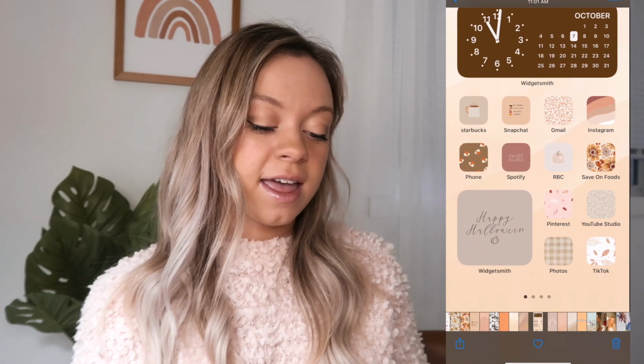So moving on into my photos, here's all of the ones that I used, and then here's a whole bunch of the other photos that I've used. That's what it looked like before, and then I kind of just tweaked it a little bit and made it a little bit lighter. And then yeah, I just used a whole bunch of these photos. I downloaded them all, and then you go into your shortcut app